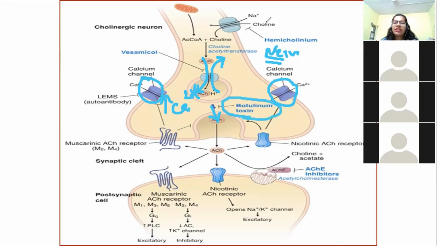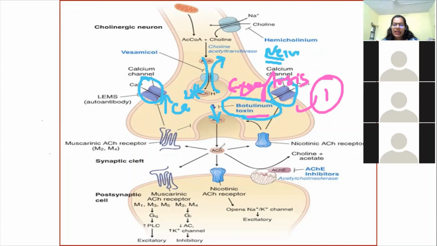Okay, now in between, can you see this one? Botulinum toxin. Please remember, this is important. Which part of the signaling is it blocking? It is the fusion of the acetylcholine vesicles with the plasma membrane. So it is stopping the exocytosis of your acetylcholine and blocking the transmission of nerve impulse. Can you remember? It is the botulinum toxin which is inhibiting the exocytosis of your acetylcholine vesicles fusing with the plasma membrane. And that's how it is blocking your transmission of nerve impulse. So this is one point you have to remember.